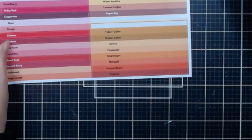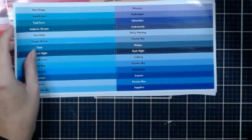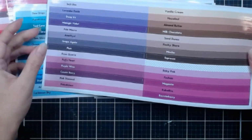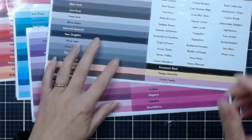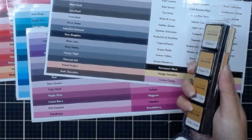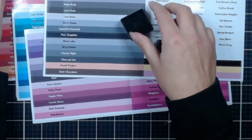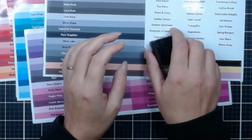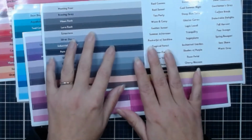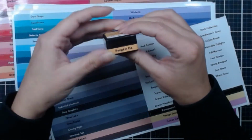So in this, you're going to get all of the colours that we have at the moment. And you can see that they're all on glossy stickers. So that means if you do get ink on it, it's just going to wipe off. If you are like me and you have taken out your mini inks before now, had lots of colours arranged and used with the lids off, and then you didn't know which colours went with which lids, this is going to be perfect for you, because this means that you can pop the colours on the bottom like